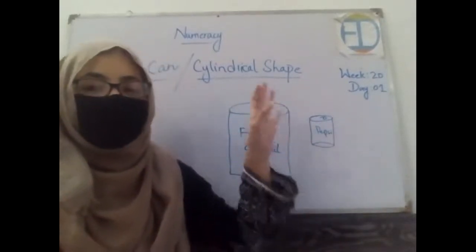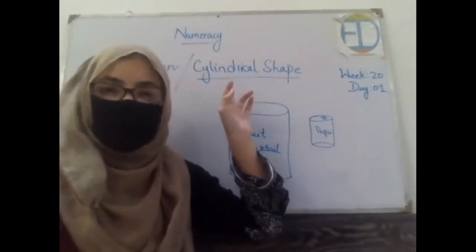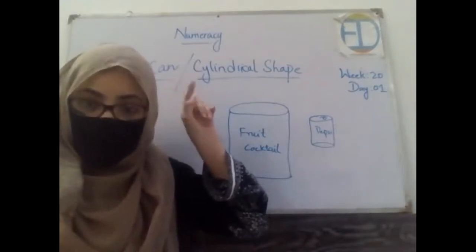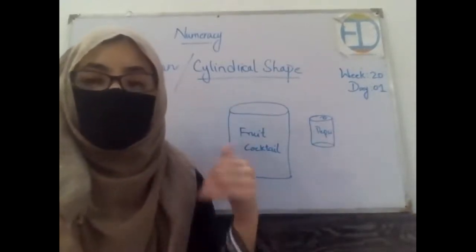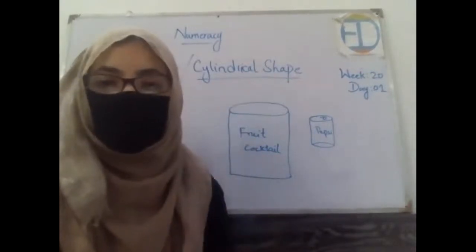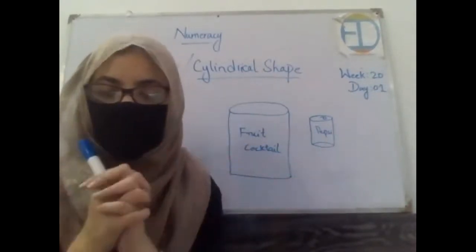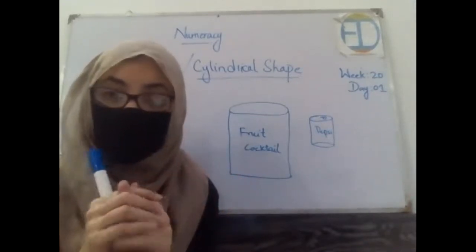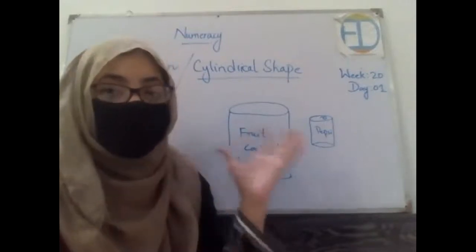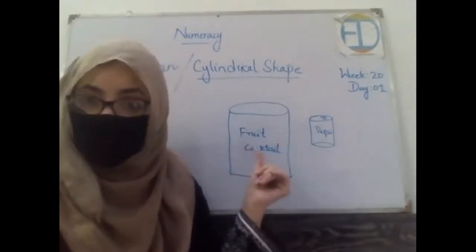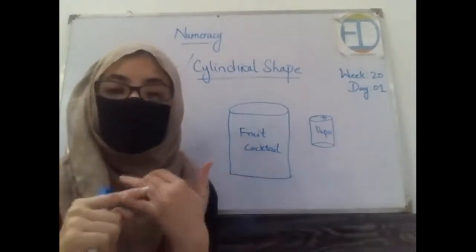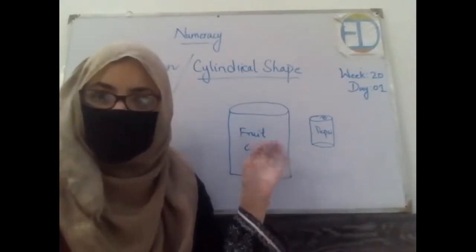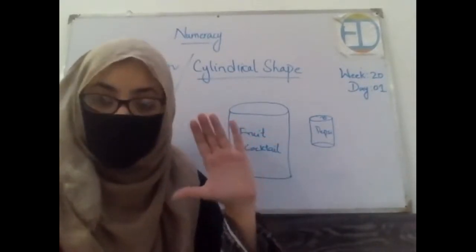Now see, if this word, cylindrical shape, is a bit confusing for you, this word, can, is very well familiar. Okay, tell me, when you hear this word, what comes to your mind? What is a can shape? Have you ever heard this? Yes, we do get things in cans, right? Very good, eatable things in the cans. Like we have fruit cocktail cans, pineapple tins or cans. Then we have the Pepsi can, Sprite can, the small tins in which they are stored.